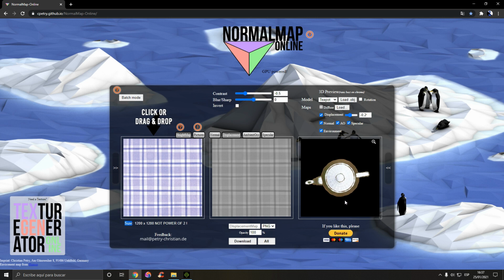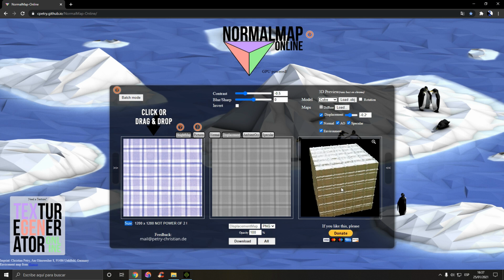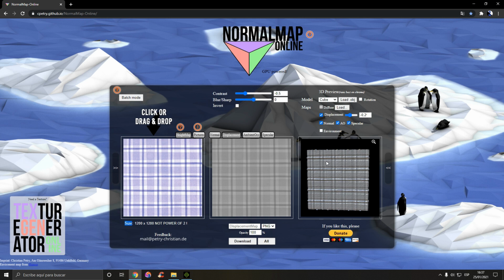Environment, this is pretty useful. This way you can see if that map is blended as a specular map, for example, or you use it as a, this could be a roughness map perfectly. So this way you can actually see how it will look in an environment. So this tool is pretty easy, and once you are satisfied with your normal map or displacement, or you want it all, you can actually